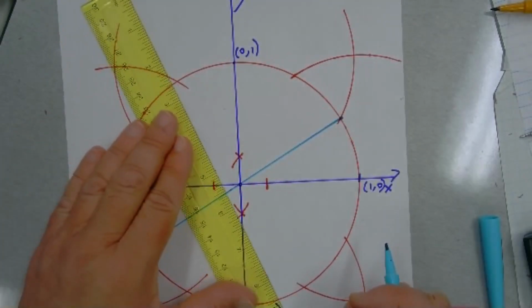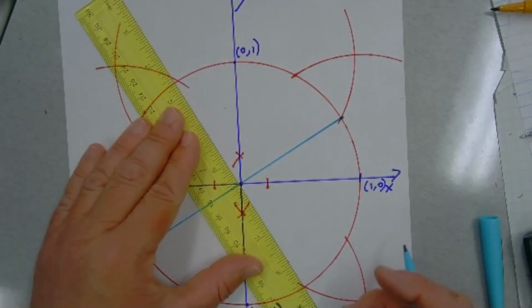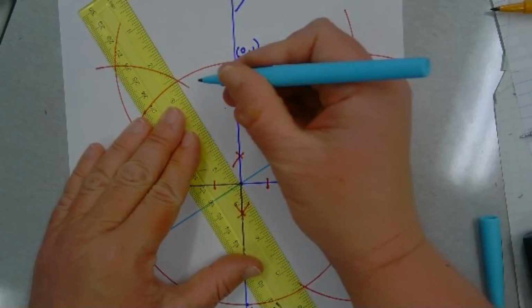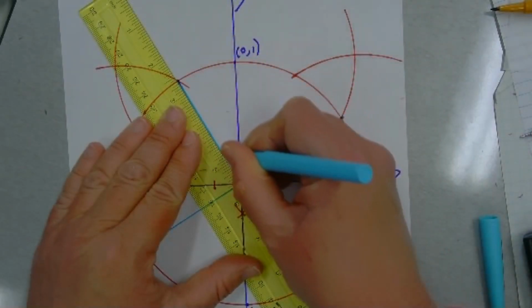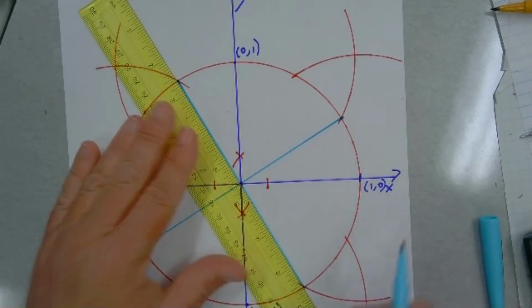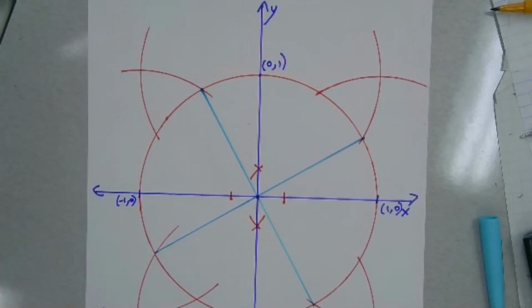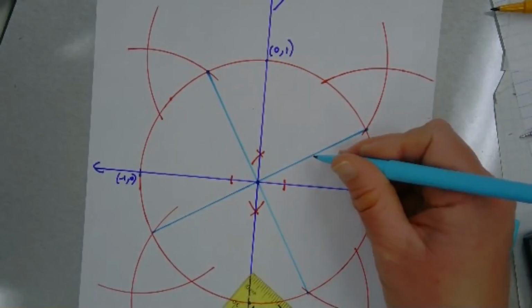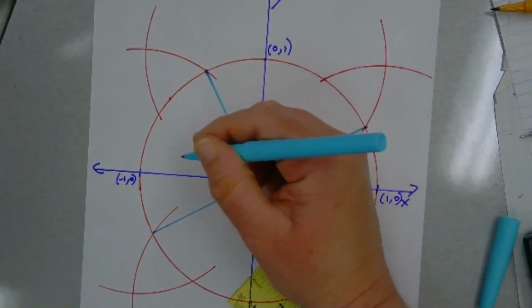I'm going to do the same thing for the equivalent one on the next quadrant. And that gives me all of my 30-degree